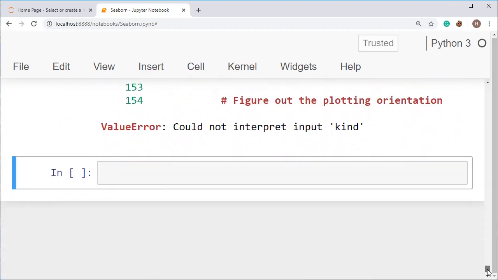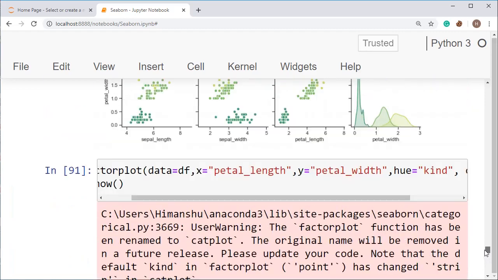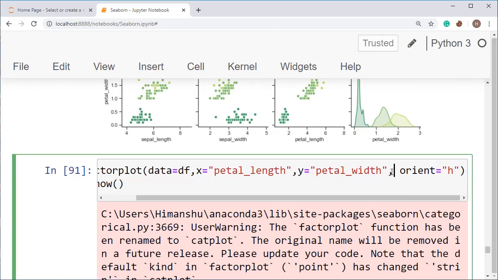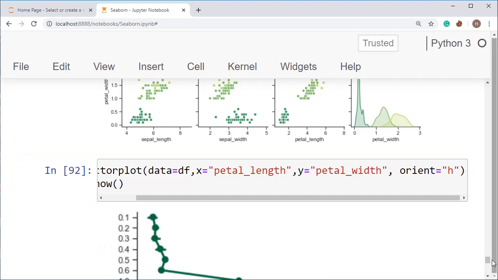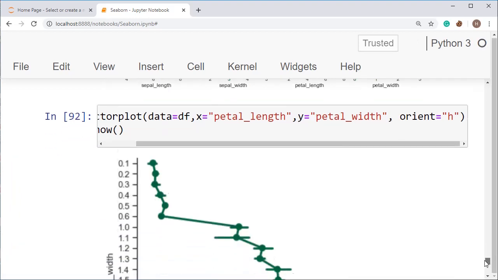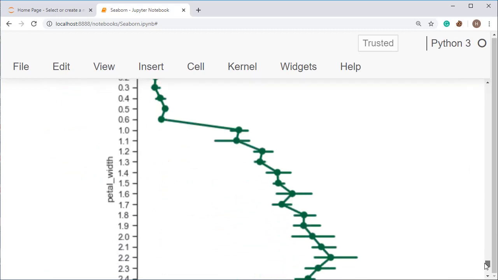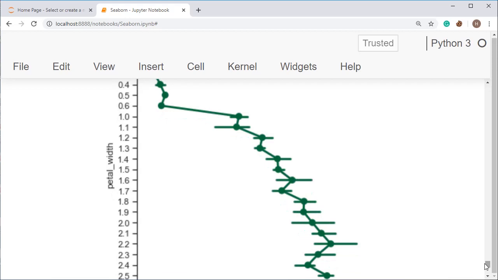All right, and I hope kind is still in the library, but this shows a warning message. Why? Because it could not interpret input hue. So remove this hue. Actually, the value for hue has been changed, that's why I'm getting errors all the time. So see here, this one is the factor plot. This one actually creates a plot and draws a categorical plot on a facet grid. There are two or more types of grid, so we will be discussing all of that later, afterwards.